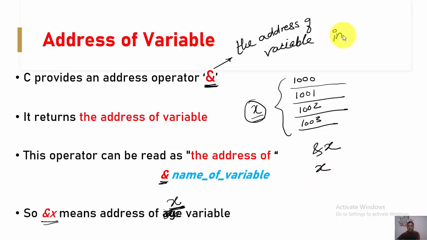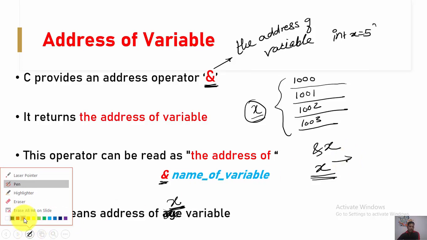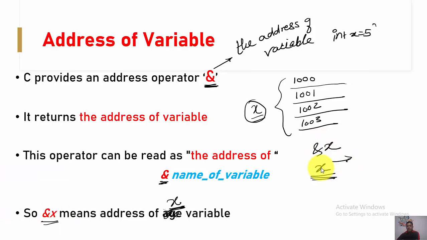The moment I declare integer x is equal to 5 and print the value of variable x, I repeat, when I use printf %d x, here the value of x is written, that is